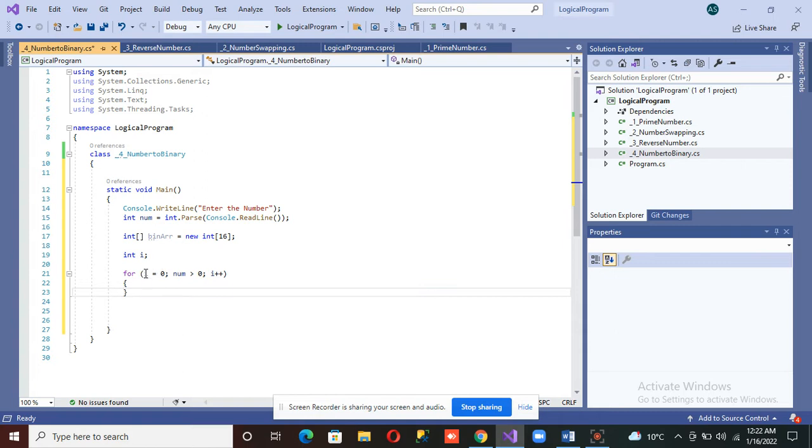So the loop will start from the beginning and will stop when the number is not greater than 0. If the number is not greater than 0, it will exit.